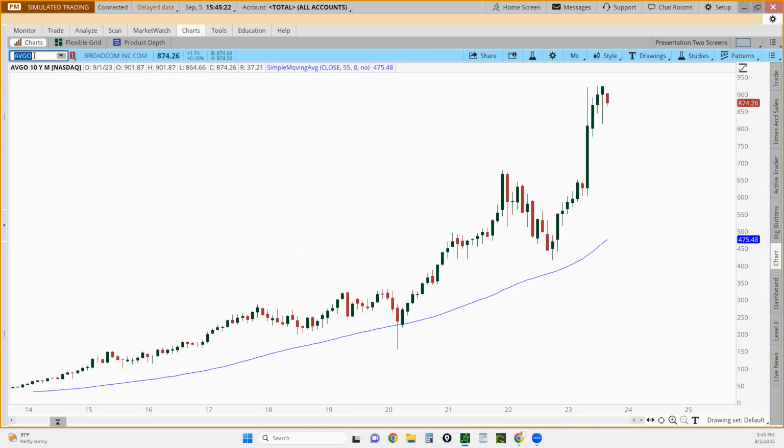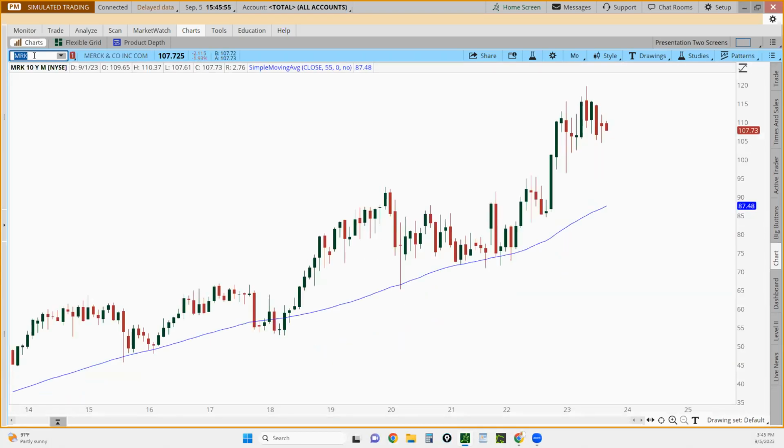AVGO. Okay, look at this. Look at how these companies now, again, when we saw all these, it's like, wow. This was, again, October, November, December, January. I was like, I don't know who is out there convincing the world that we're in a recession. They are lying to people left and right. Okay. And then next thing you know, you're seeing all these great companies making all-time highs after all-time highs after all-time highs. And then you wonder, why is it that these companies are doing so great, but they are telling us the market is not ready to go higher?